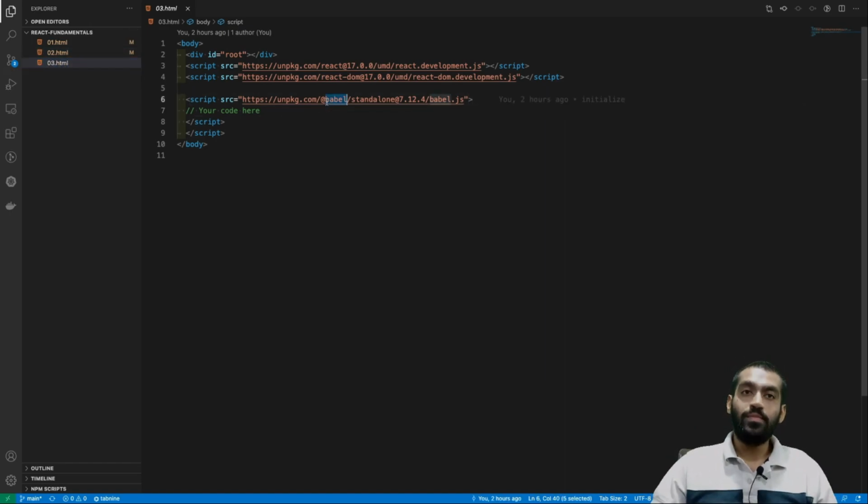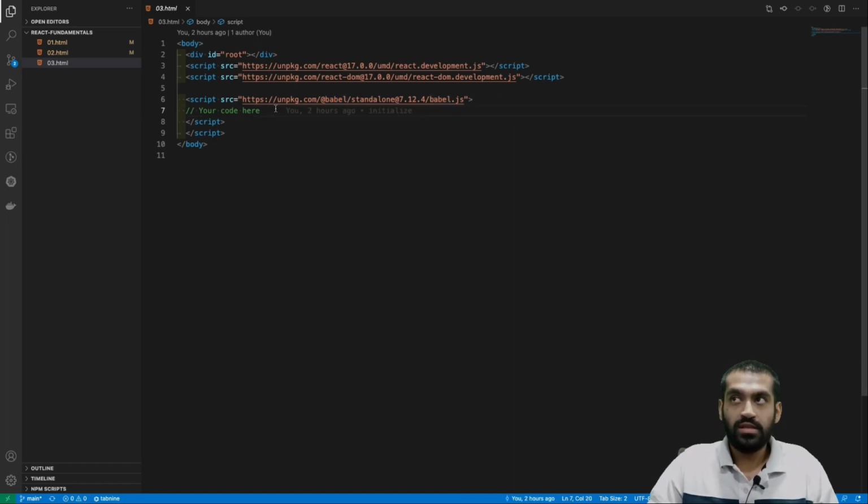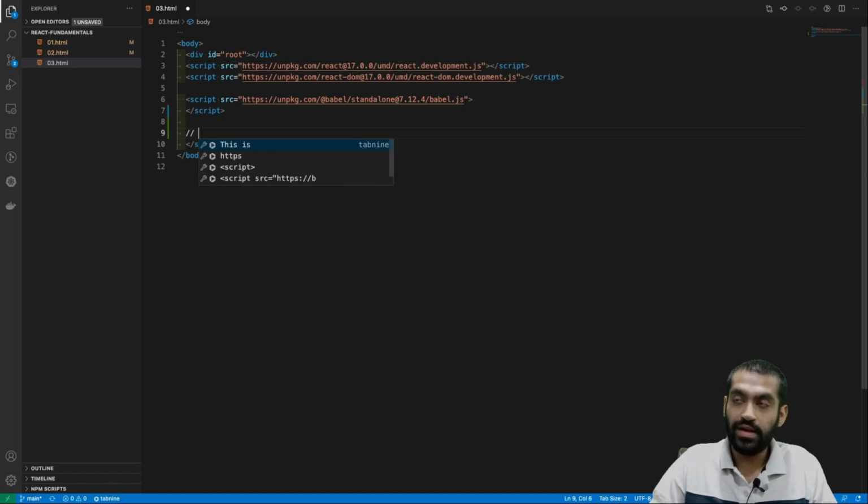Now, what Babel does is Babel takes HTML-like code, the code we are already familiar with, and converts it to React. Let's just see how it does that. Again, the goal here is the same. We have to have a div with id of root, and we have to give it an element here, not actually here, it's a mistake, right? We have to write it here. So my code here, we have to write our code here, come out of that script tag, right.